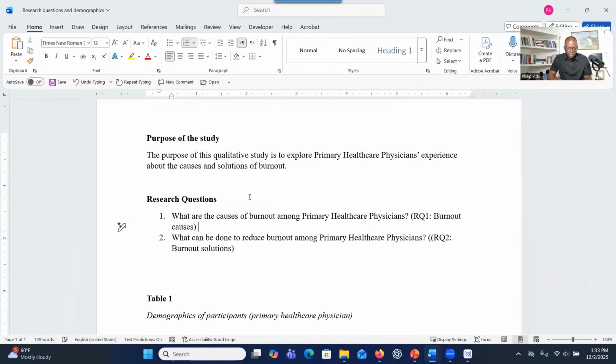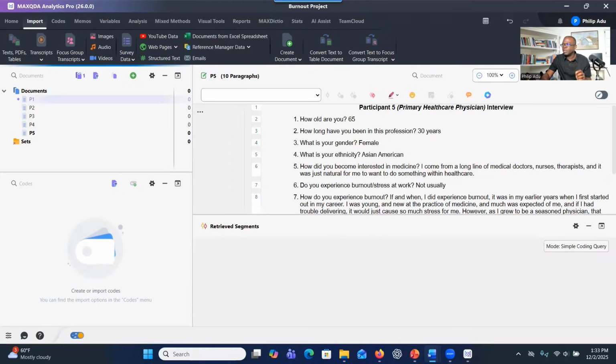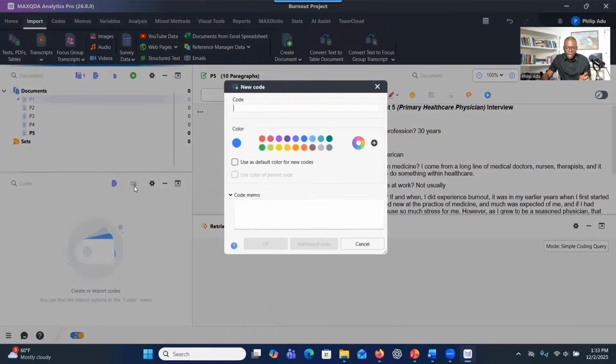You can label it as burnout causes, and in parentheses, you can say RQ1, right? You can label it in any way that you want. The most important thing is that these labels will remind you of the research question. Now that you have labeled your research question, you go back here, you see this icon, you click on that,